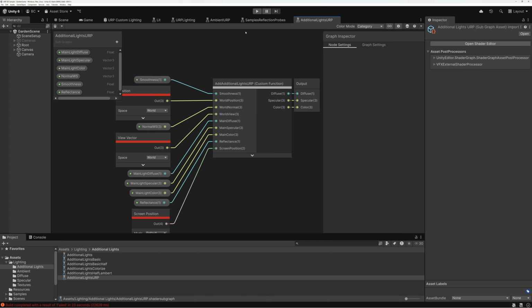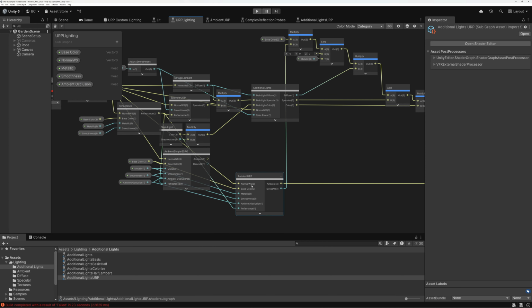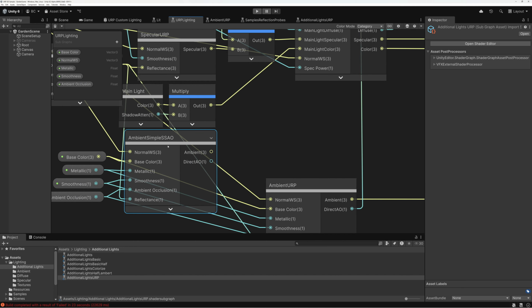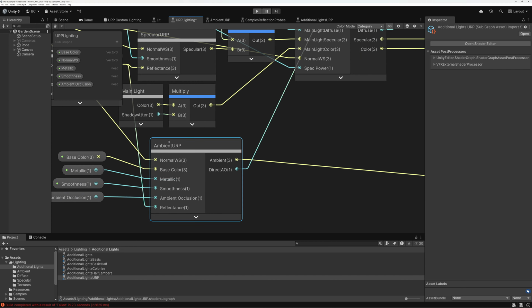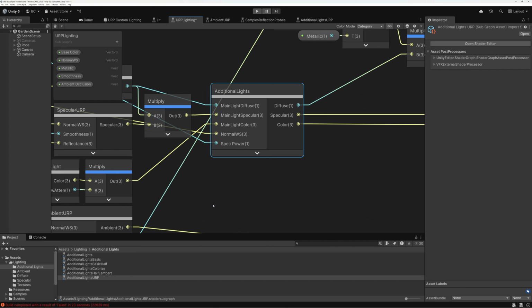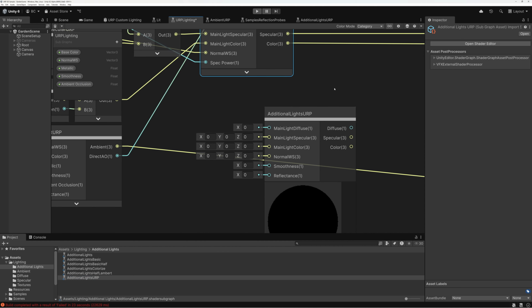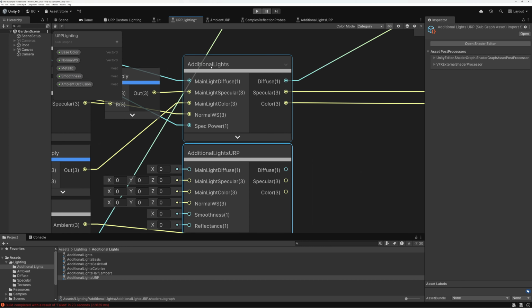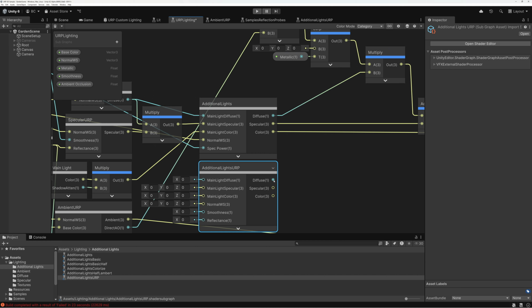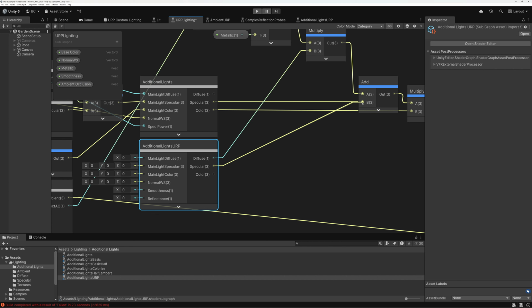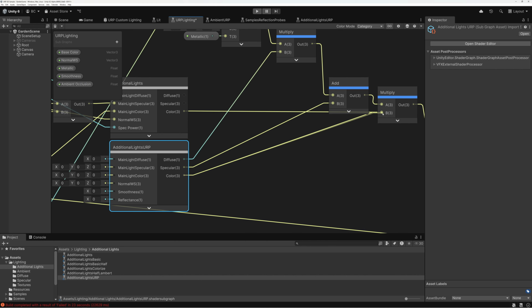So we'll switch back to our graph, and we already replaced our ambient node, so that means we can delete this ambient simple SSAO node here, and we'll put our ambient URP node in its place. And now we need to do the same for our additional lights node here. We'll drag in our additional lights URP node that we just created, and we'll replace our additional lights node with this new one. So I'm going to hook up our diffuse, I'm going to hook up our specular, I'm going to hook up our color,